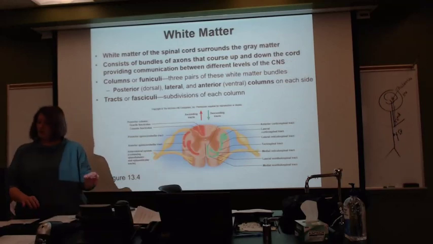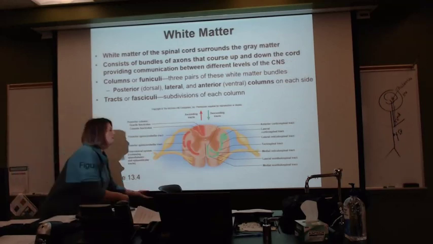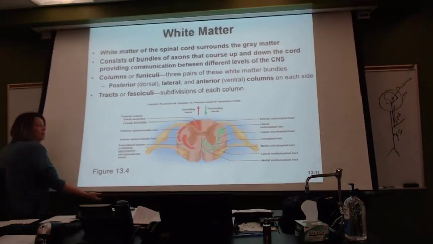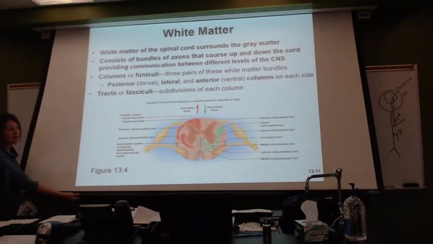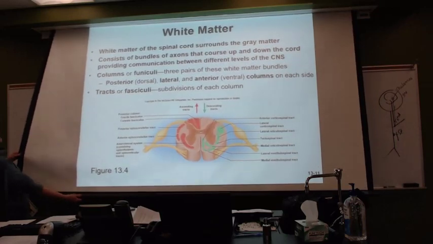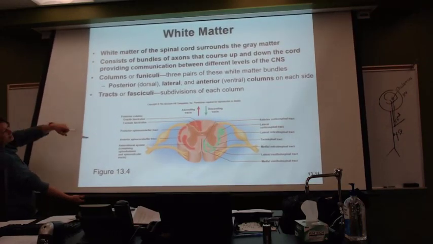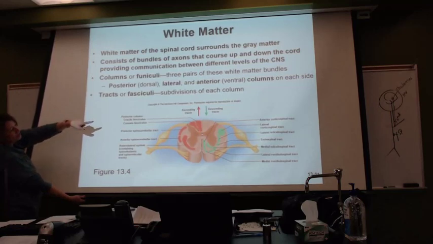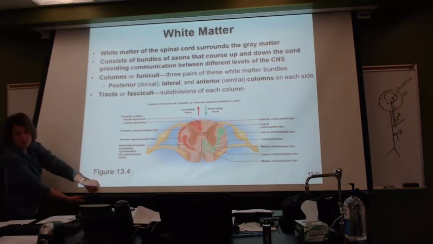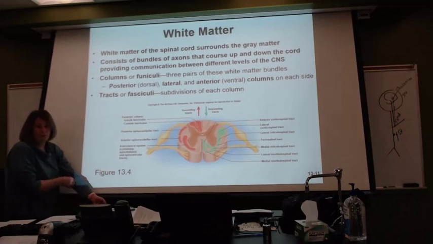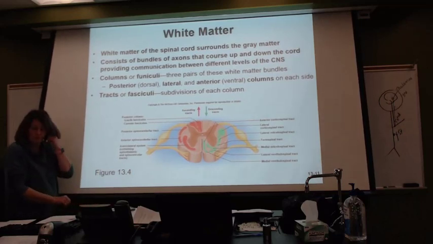Okay, so right now, if we are looking at this, and let's go back. Okay. Here we go. If we go back to looking at that, when we see this information coming in, ascending tracts for information coming in on that posterior side, we're going by way of the white matter. Okay? Does that help? Yep. All right, so